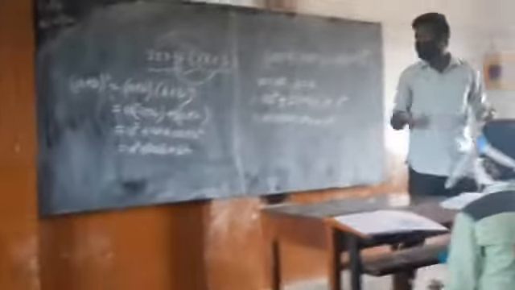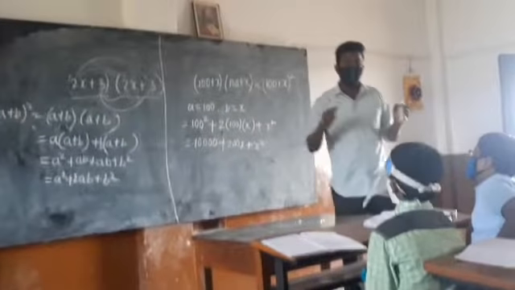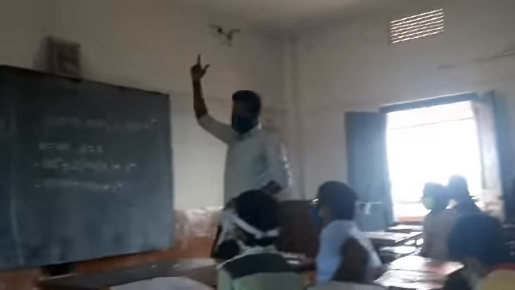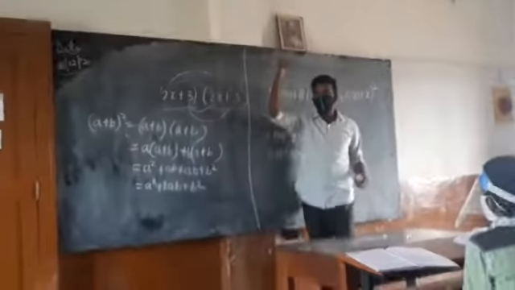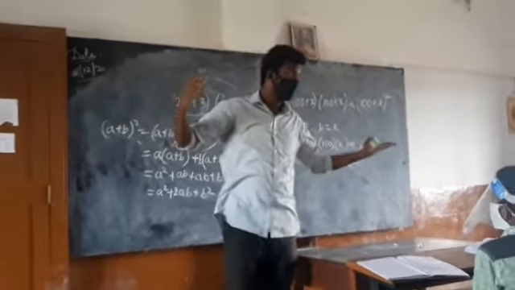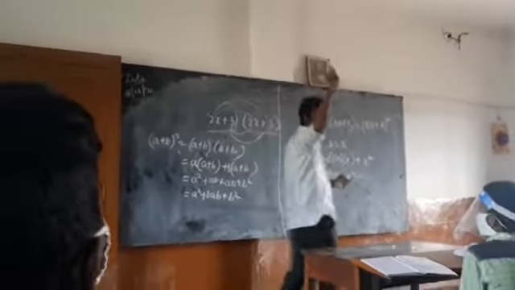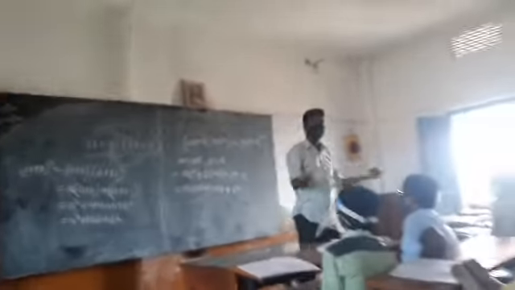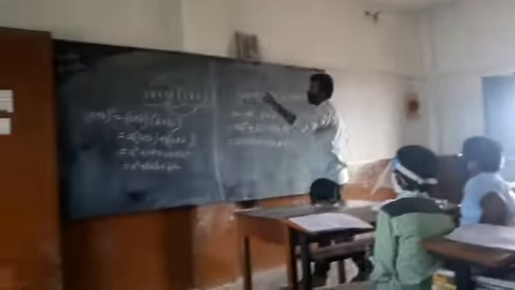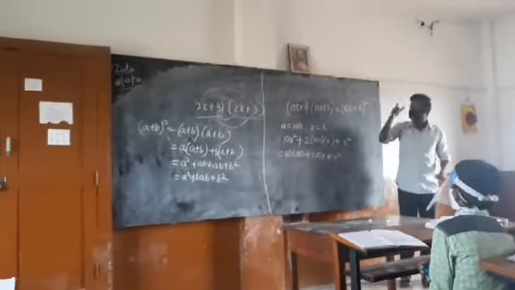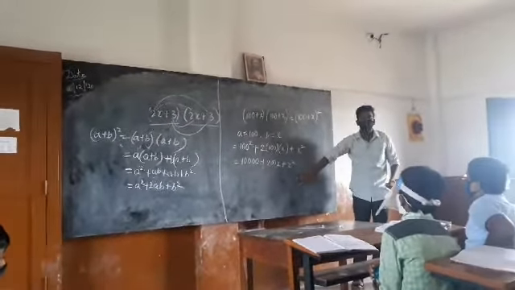Some of the members are giving a square, 2ab, b square, and they are rearranging it. But even then it is true. Why? Because even after shifting the values, the value stays the same. Which property? Distribution? No. Yes, the commutative property. So in addition, the commutative property holds true. That's why you can arrange the terms in whatever fashion you want. We are done with the (a plus b) whole square formula, and you learned how to apply it.